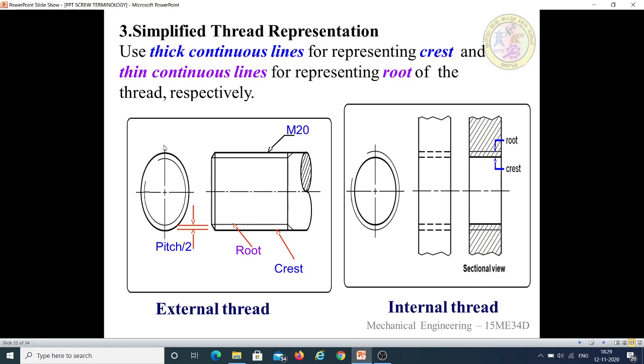So we can divide it into 4 quarters, and the last quarter should be an arc. This angle is exactly 15 degrees from the vertical axis, from here to here exactly 15 degrees we have to maintain. The same thing is here also, 15 degrees from the horizontal axis, and this should be a 45 degree chamfer, and this is the representation of runout. It should be 30 degrees in angle. This is the root, this is the pitch from here to here, maintaining the pitch circle, and this should be shortened.